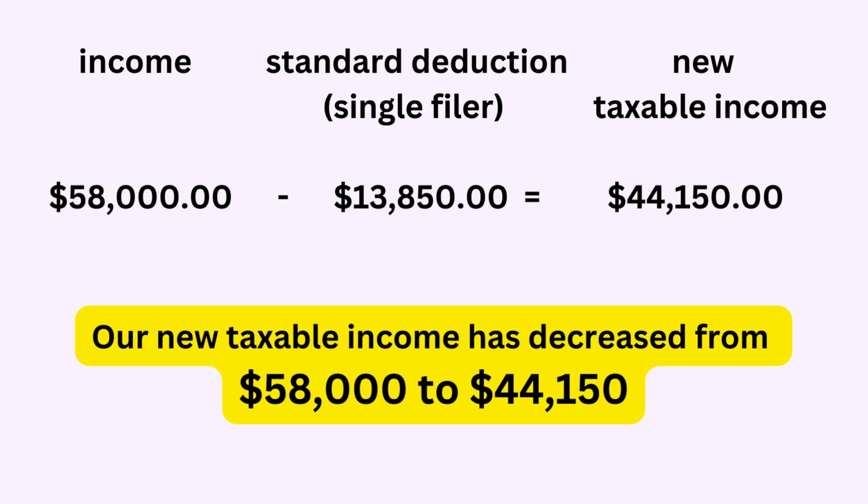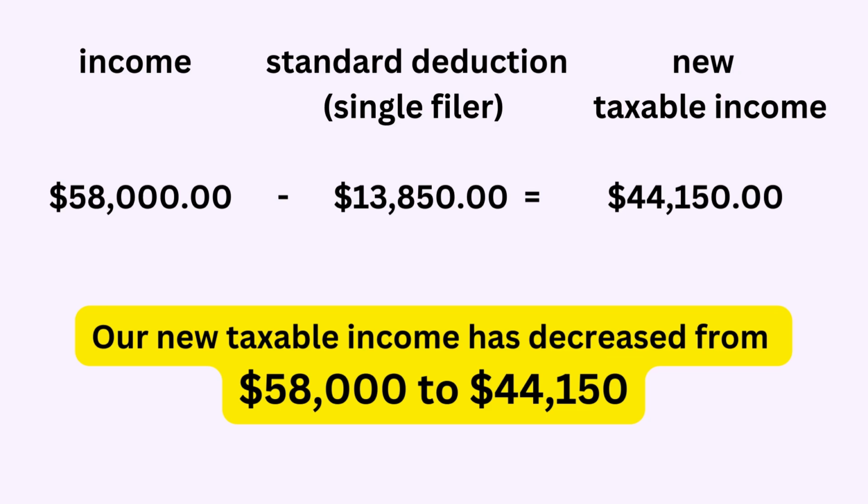Now let's begin with the income. We know that's $58,000, and then we're going to subtract their standard deduction, that's $13,850. When you subtract the two numbers, we end up with $44,150. Now you may be wondering, if this is my new taxable income, why wouldn't I just do that